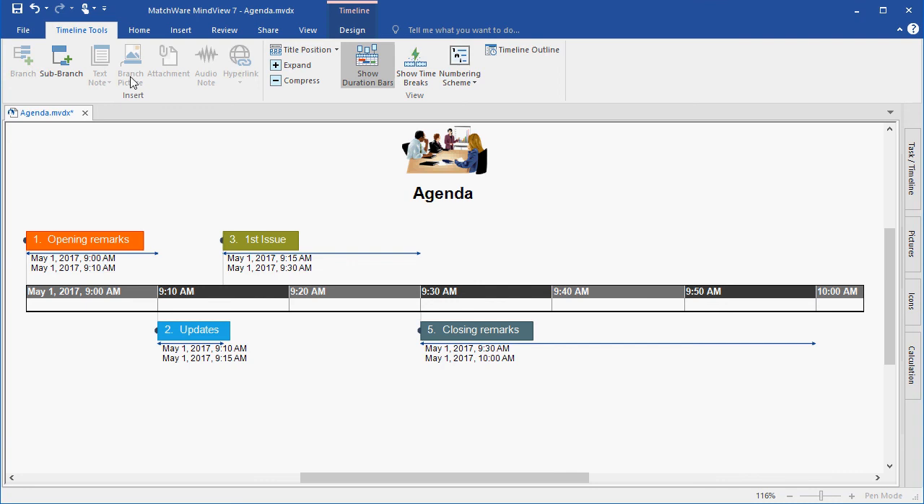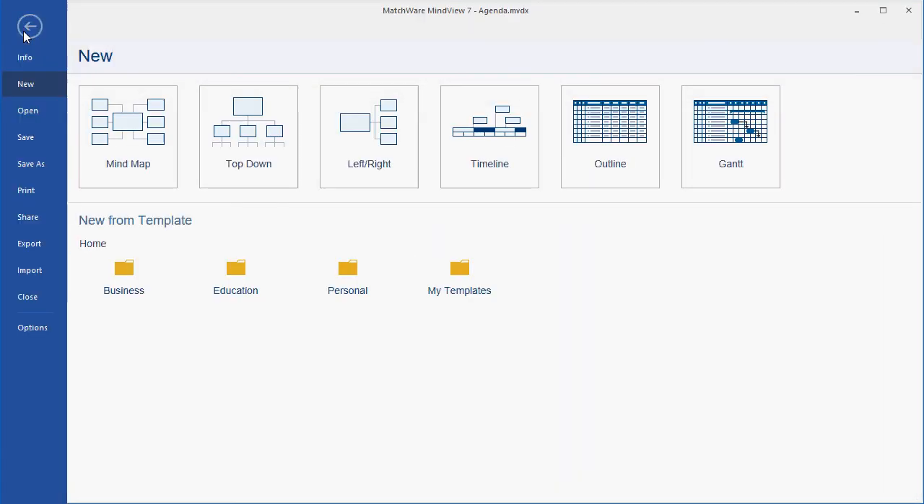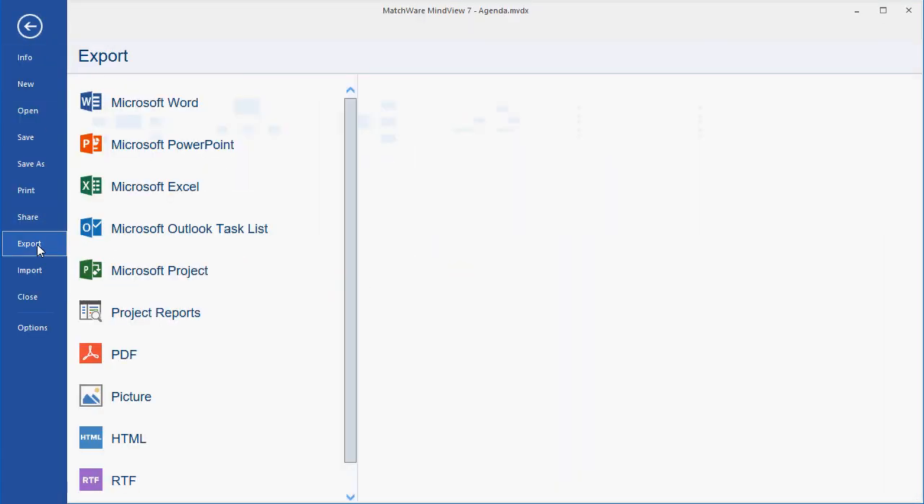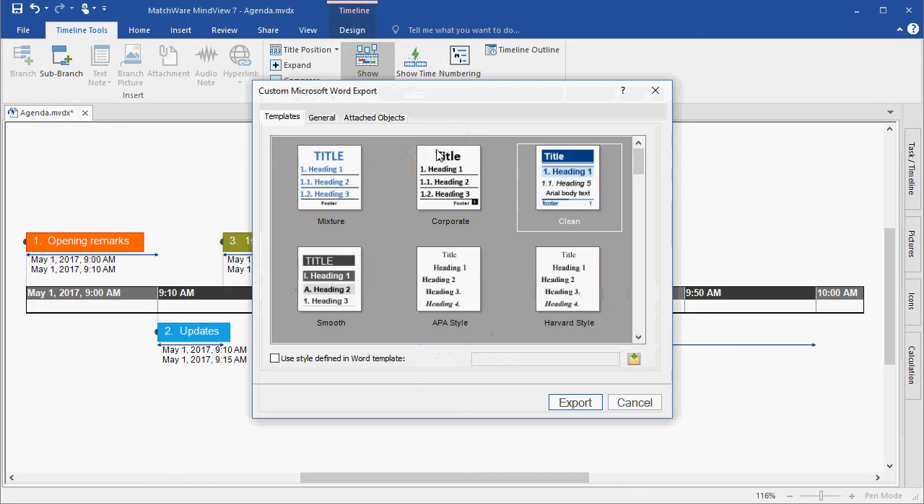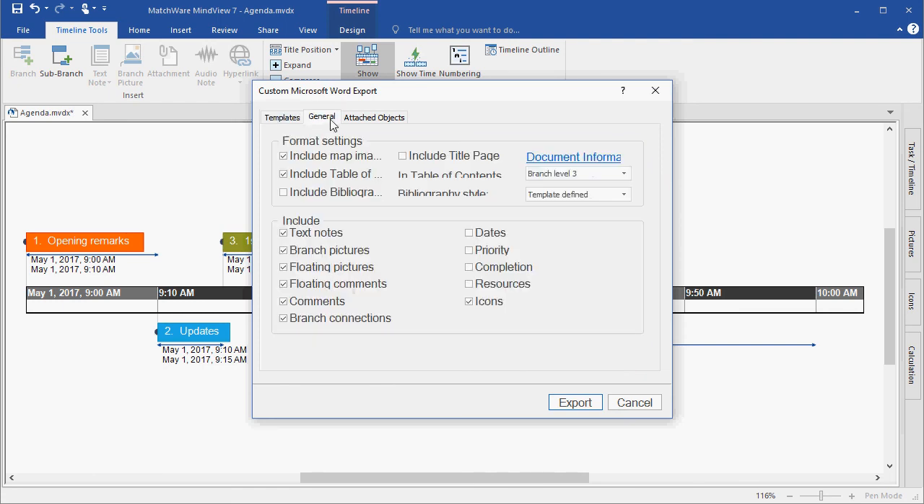If I then choose to export this file out to a different program, for instance Microsoft Word, I can choose Export, Microsoft Word. This time I'll go to the Custom Word Export. I'll choose my style that I'd like to export. Under the General tab, I can choose what elements I'd like to include, in this case dates, and I'll hit